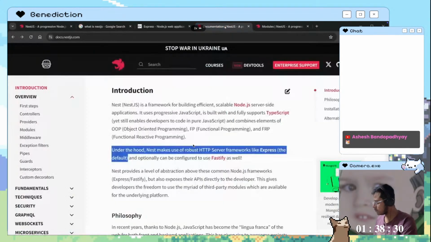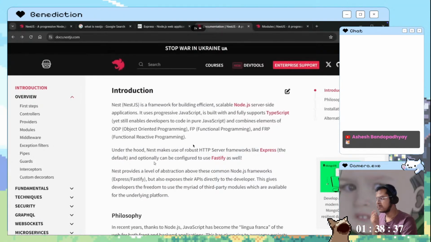Let's go to the Nest.js documentation, and here we can see I have it highlighted. Under the hood, Nest makes use of robust HTTP server frameworks like Express, and Express is the default. So not only is Node under the hood, but so is Express, and that brings me to prerequisites. You're going to understand much more of this Nest.js series and the benefits that Nest.js provides if you're already familiar with working with Node.js